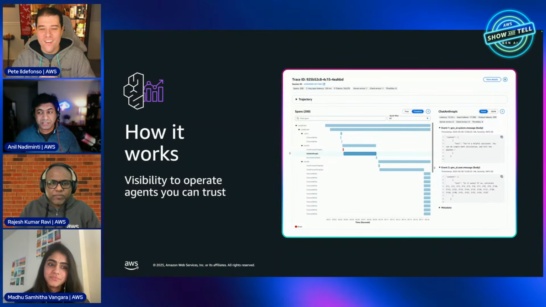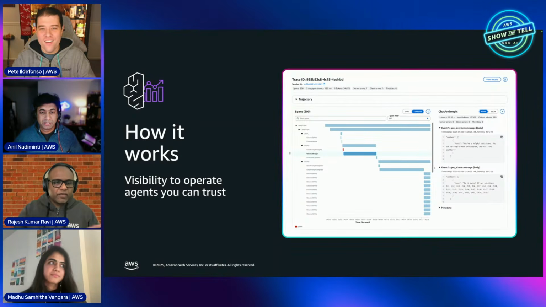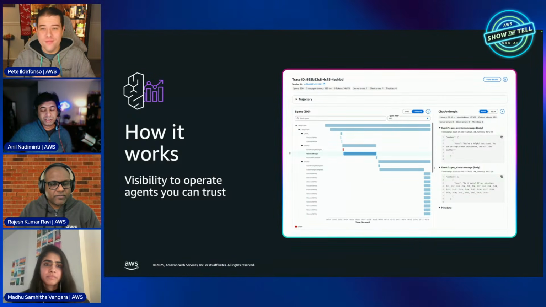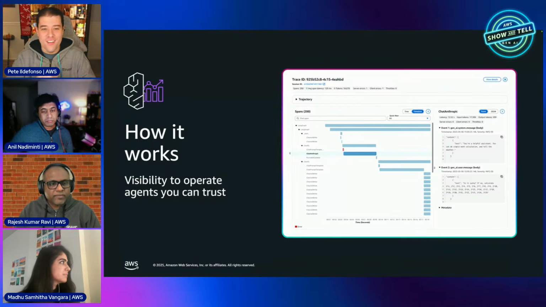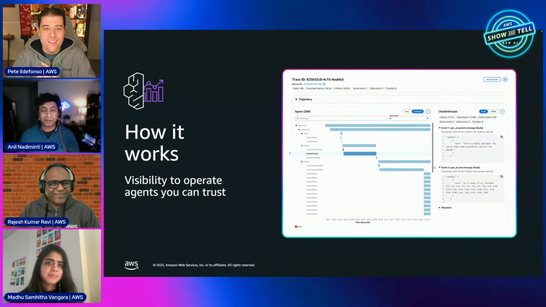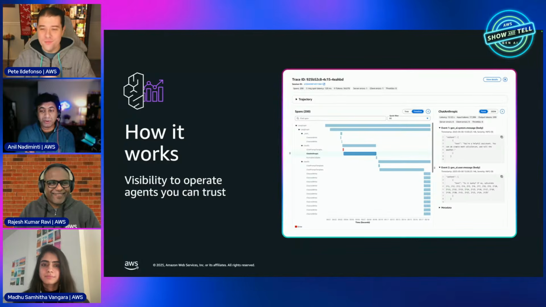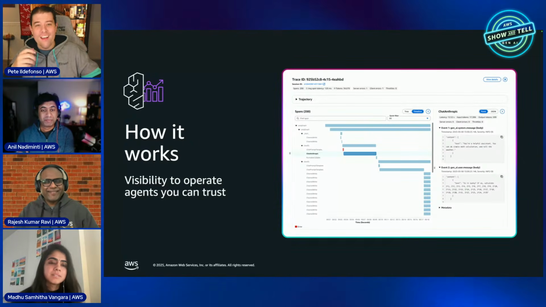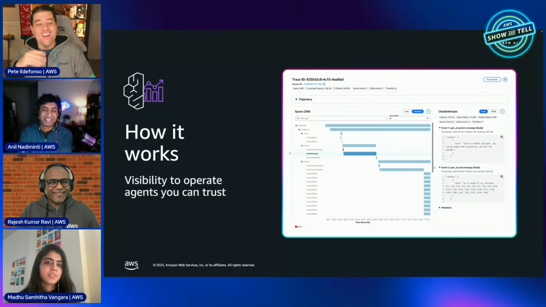So before we jump into this, who are the personas that you think will be using these dashboards? What are the personas you think are involved here? It could be developers. Mostly the builder personas are around, right? So they're all looking at how to get to know what is happening under the hood. But also, I imagine the IT leaders, they want to brag about, oh, look how many of my agents